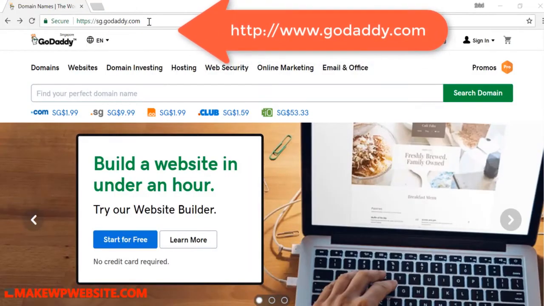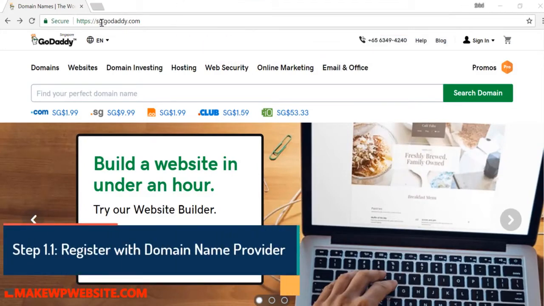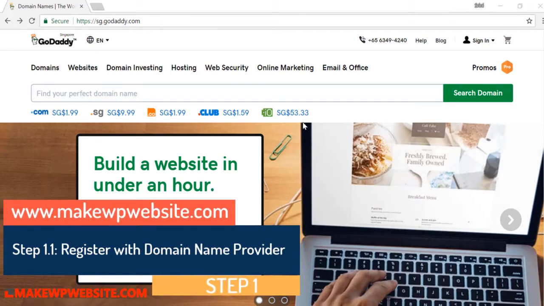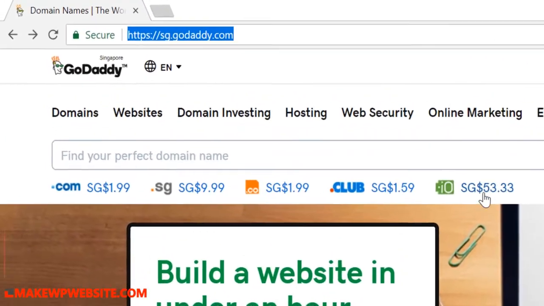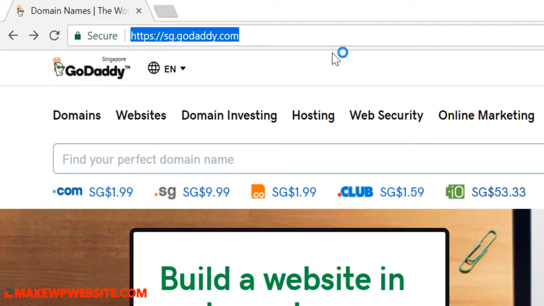Okay, so I am on GoDaddy.com, and once you log in to GoDaddy.com, depending on which country you are in, I'm accessing it from Singapore now, so that's why you see SG here, and all my payment system will show in the specific country that you're accessing this website from. If you're from India, then maybe it's INR. If you're in the US, then it will be showing USD here, and all your navigation from this site will be showing Singapore or maybe India or maybe US. So don't be confused by the prices that I'm seeing here. You might see a different price based on which country you're accessing this site from.